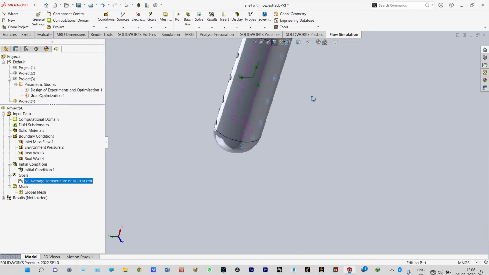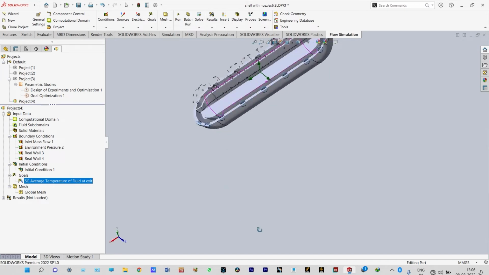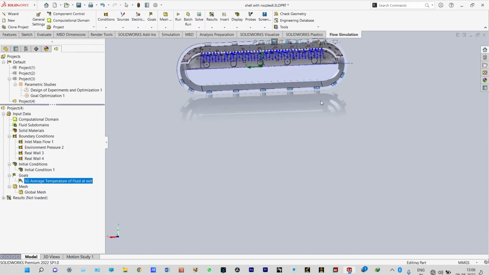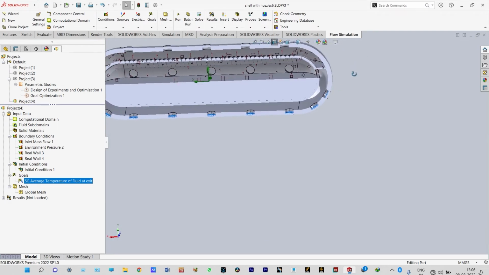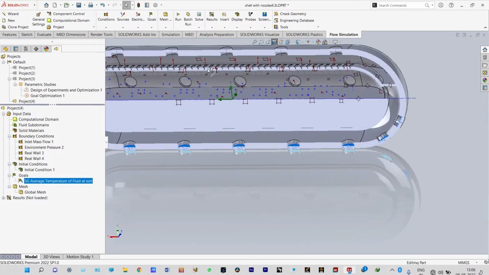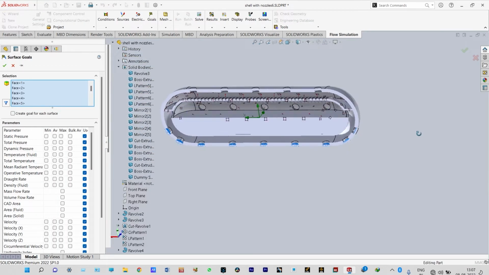Next one, we have to have some other goals. That means average temperature fluid at the top water surface. So it is a special type of surface condenser. You can see that at the end of this simulation, always temperature at the water surface level will be 100 degrees centigrade. Another goal, insert surface goals, and let us take the top surface of water here itself,